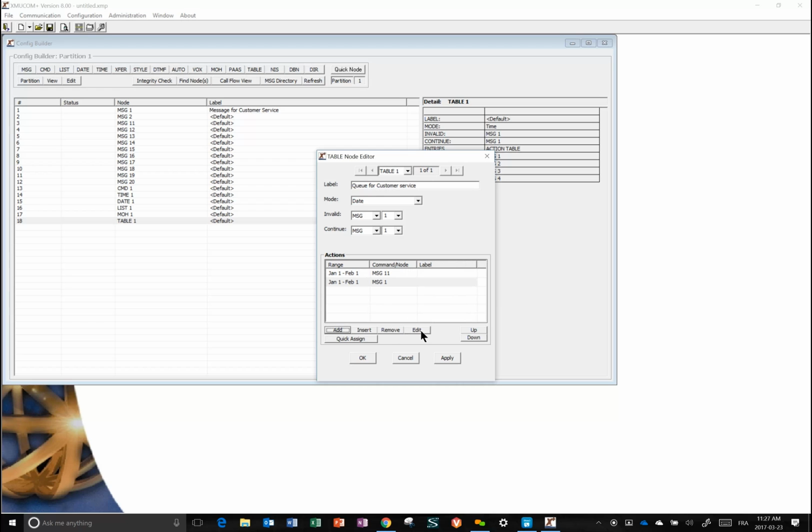And this one I'm going to edit, and it's going to be from February 2nd to March 1st. And it's going to be message number 12. And so forth. I can create another one that will go from March 2nd